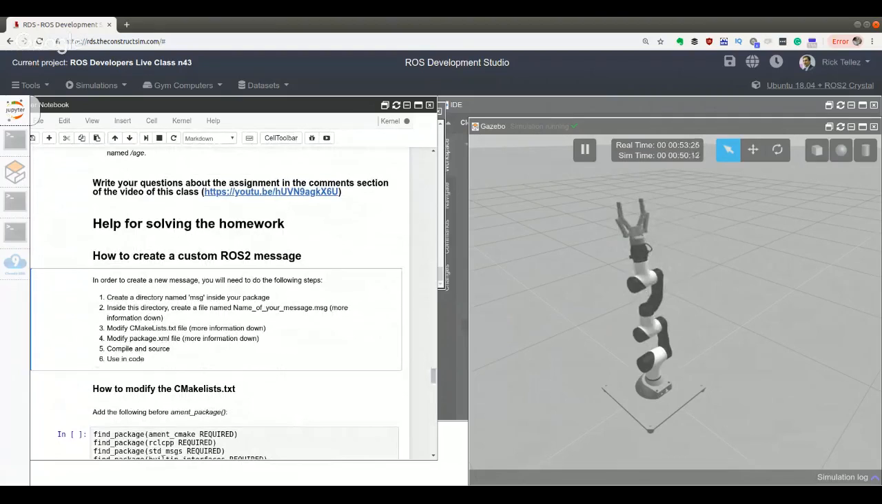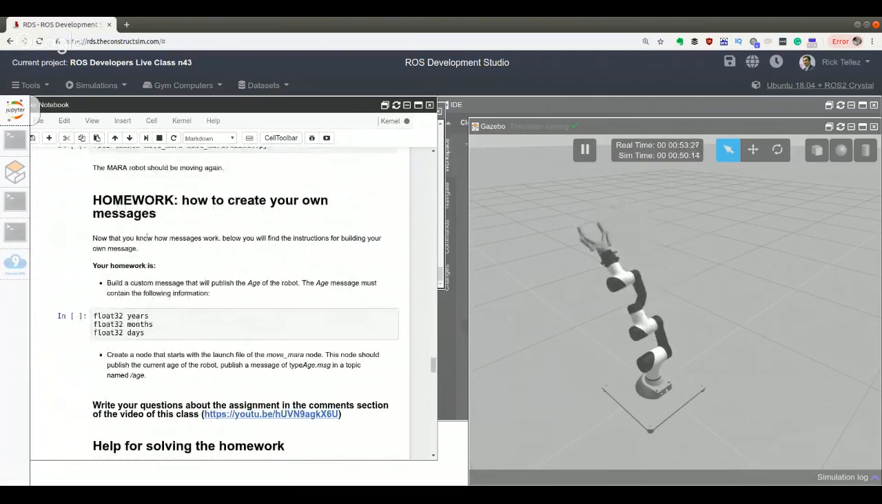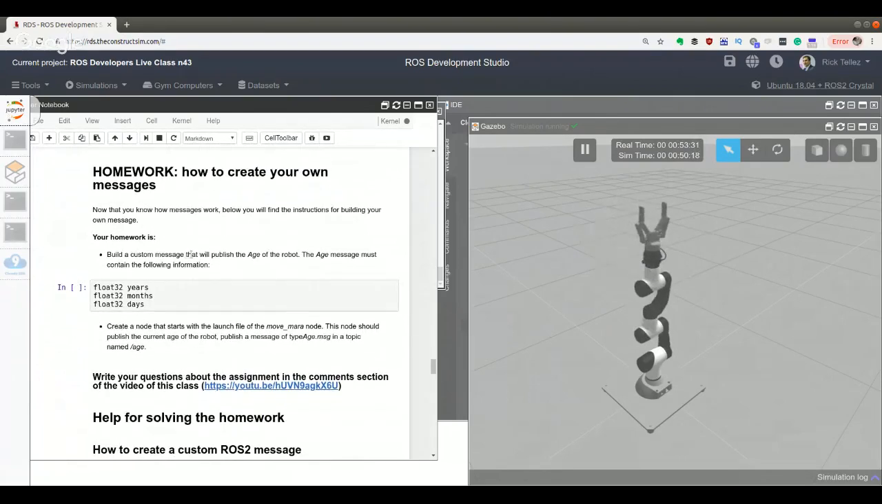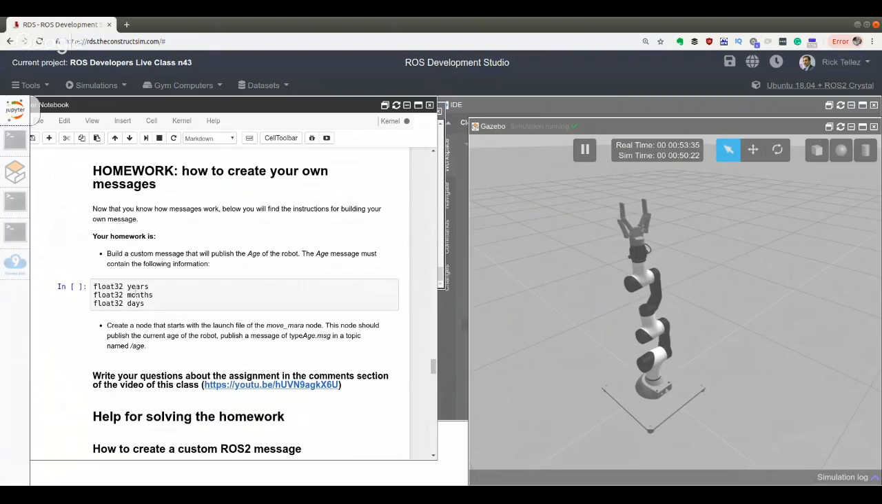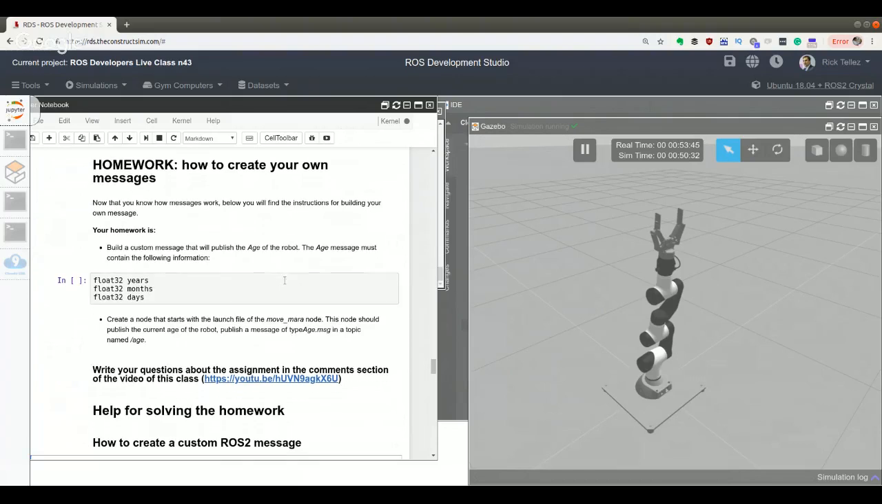So here is the homework for you. Your homework is to create a custom message that is publishing the age of the robot. It has to say the years, the months, and the days since you have started your program. So you have to create a node that is publishing in a topic